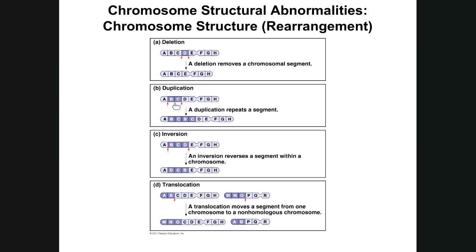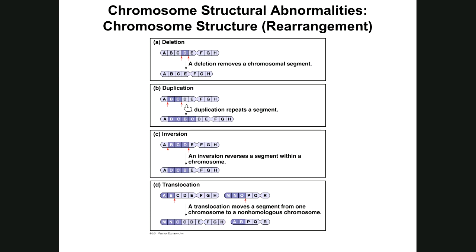As a matter of fact, it's duplications that have been identified, particularly on the first 22 of 23 pairs of our chromosomes. It's these duplications that occur in our chromosomes that geneticists eventually realized we can focus on, which happen to be unique to the different pairs of autosomal chromosomes, and use them to create a DNA fingerprint. So whenever you hear somebody talking about DNA fingerprinting, what they're actually identifying are different regions along your chromosomes where